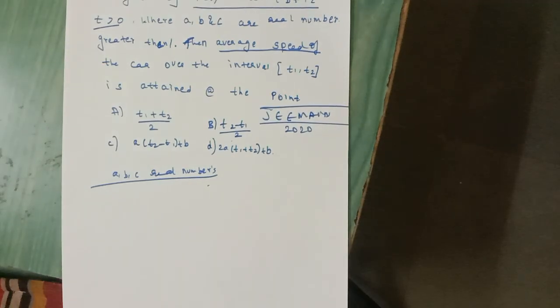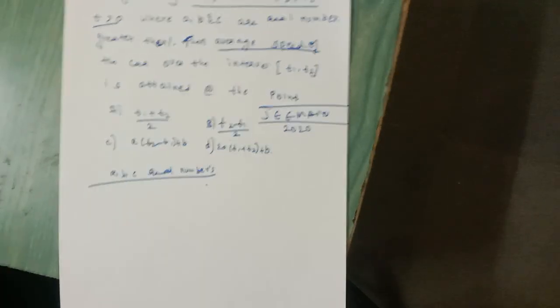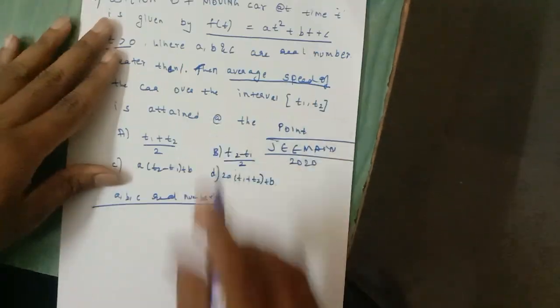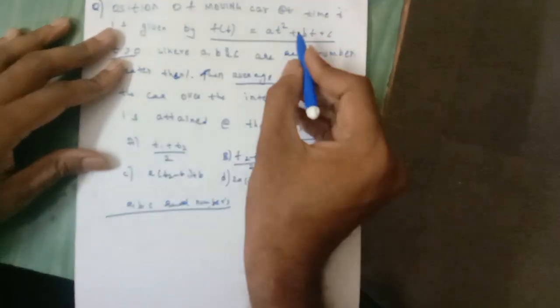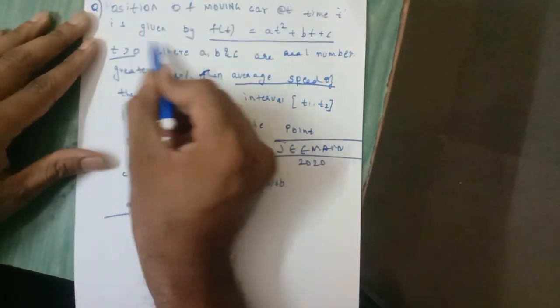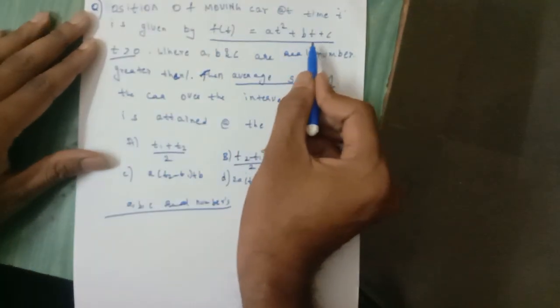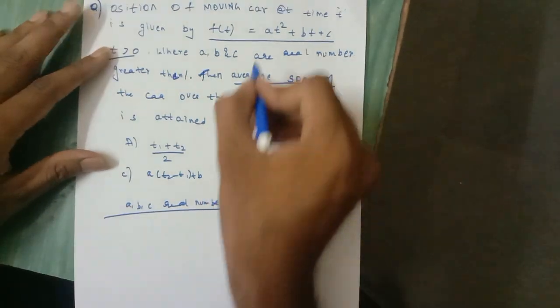Good morning friends. Today we are going to discuss a previous question of IIT 2020. The question is: the position of a moving car at time t is given by a t square plus b t plus c, and here this is a